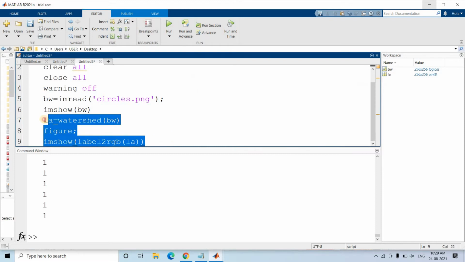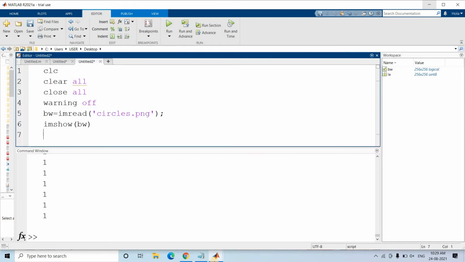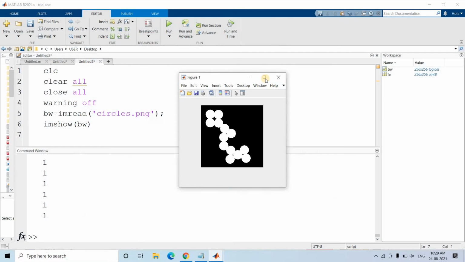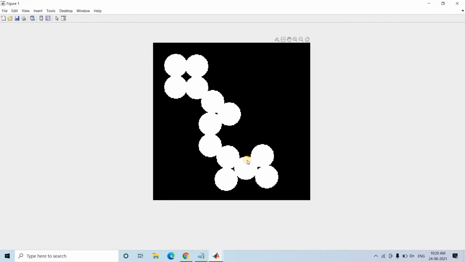I am removing this piece of code and let us concentrate on this image. Always remember this technique: whenever you do watershed segmentation, make these individual segments a basin.